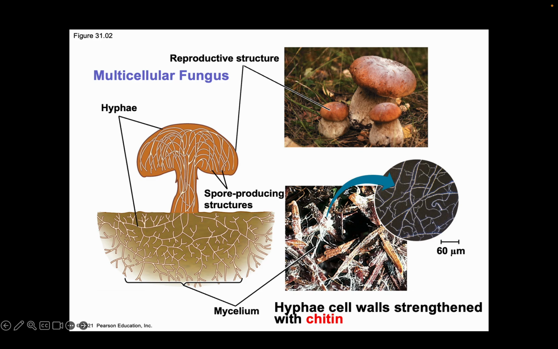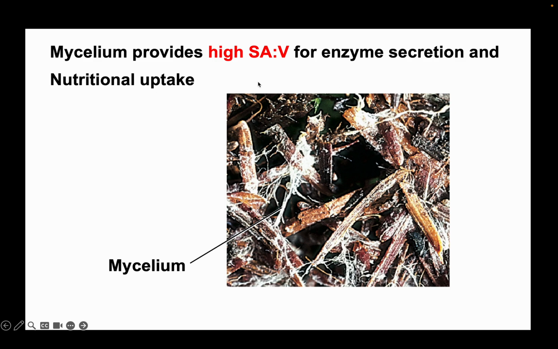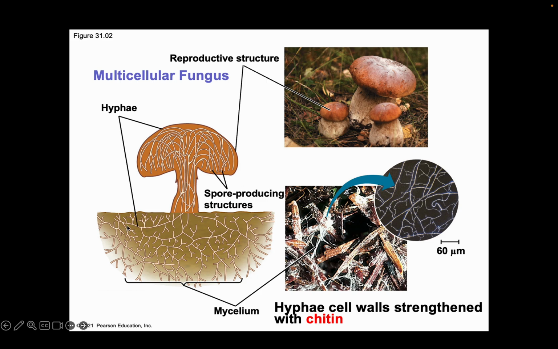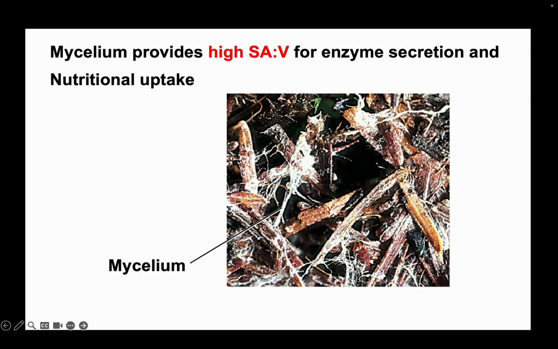Here is another close-up of hyphae. Importantly here, the hyphae and mycelium, the underground web, have a really large surface area to volume ratio. This helps them break down a larger area of underground matter. If you stuck the mushroom underground, it's only going to be able to release its enzymes in that little area, whereas if you have this large web-like structure underground, it's able to release enzymes over a greater area and obtain more nutrients because of that.